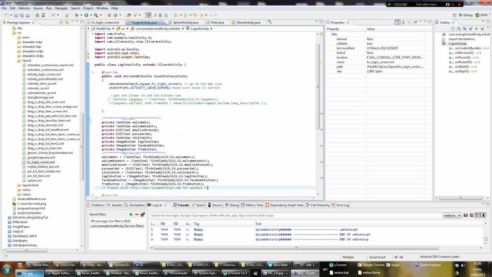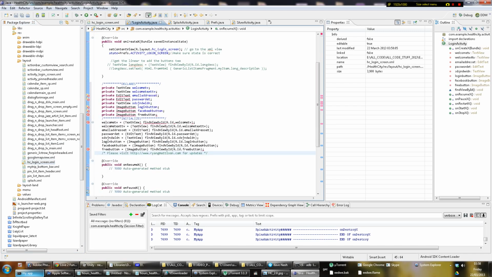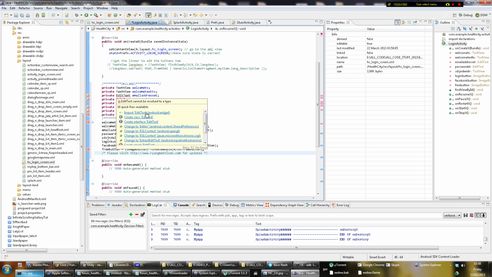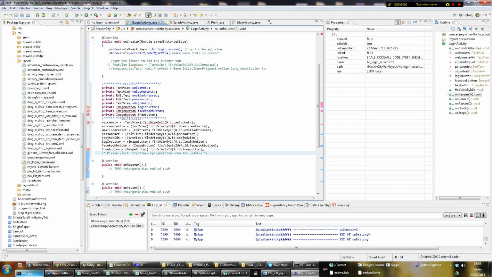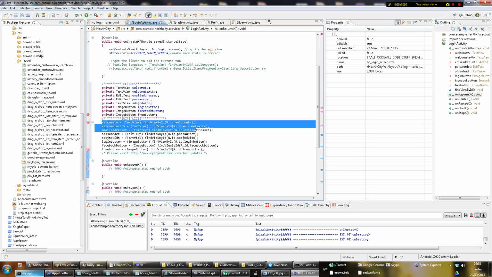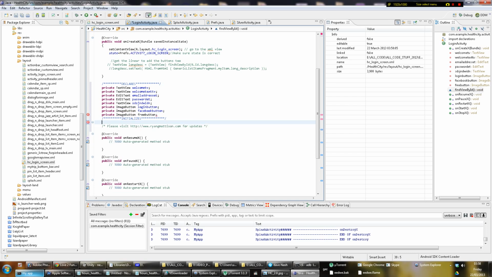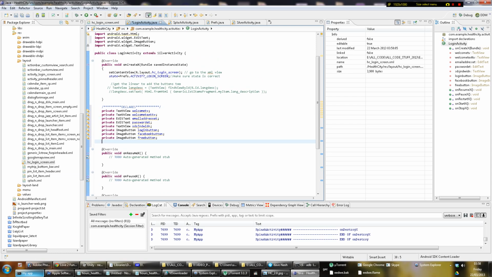What this does is it copies all of the things from your XML. You don't have to waste time typing them all out and getting the IDs. So as you can see, it's declared each instance for me, and it even gives you a way to initialize them. So you take that, you leave the initialization bit outside